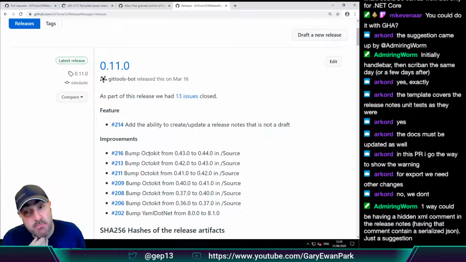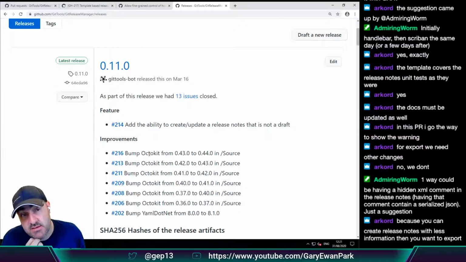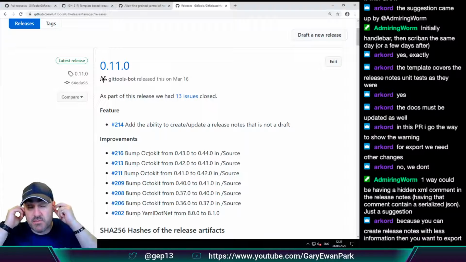And then we just omit that in the exported, because you can create release notes with less information than you want to export. So I think we're talking about the same thing.